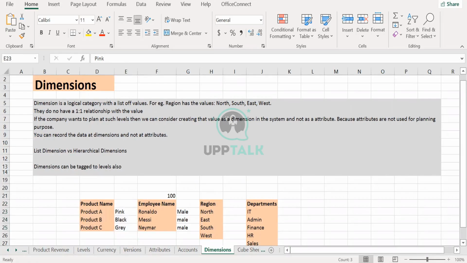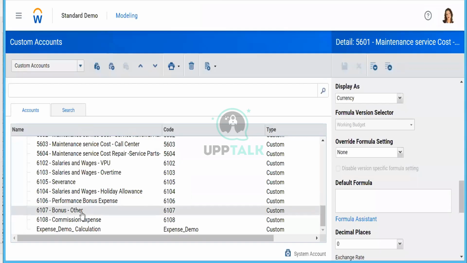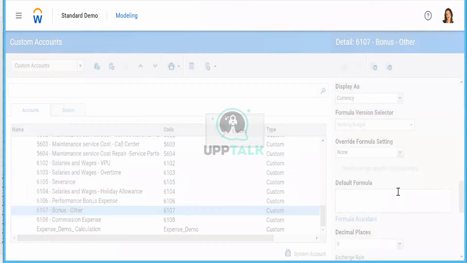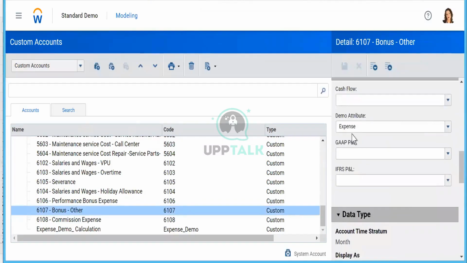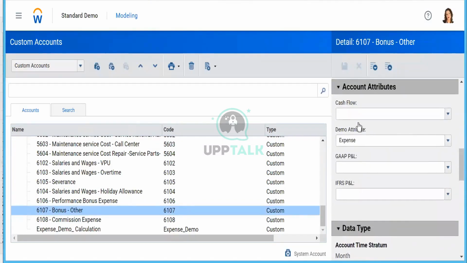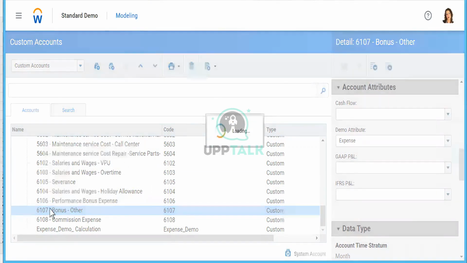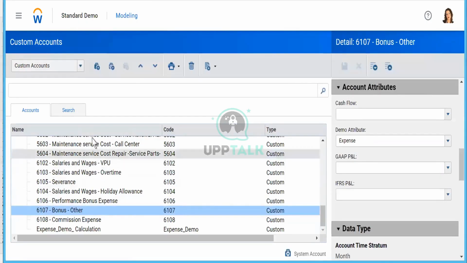If you notice, we did the tagging here, right? It was a tagging. You cannot load data in this particular value. You cannot load data because this is just a tagging to this. But when you create a dimension, you can load data. Similarly here, account, you can load data in that account or dimension, but not on the attribute value.